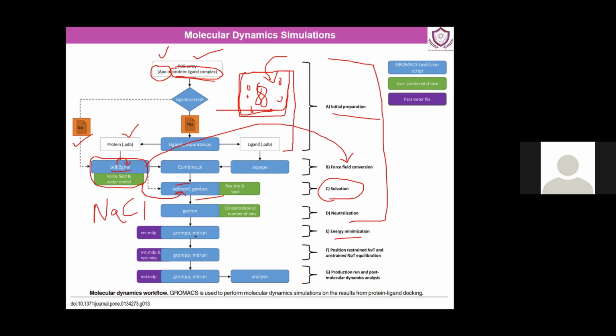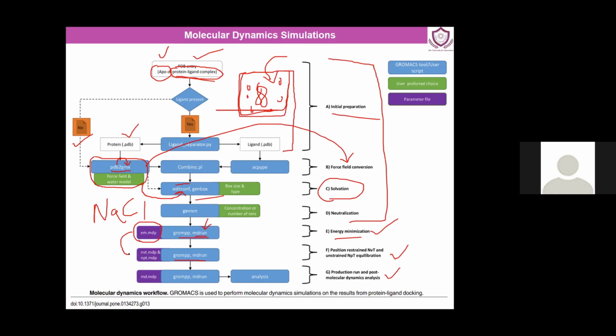So for this there is a command called mdrun. Now for all these three, the first one is energy minimization, the second one is the equilibration, that is temperature and pressure equilibration, and the third one is the production run. For all of these three, we have two common commands, which are grompp and mdrun. So grompp is a GROMACS preprocessor command wherein we load the system with the kind of parameters which we want. So we load these parameters into it and then we prepare the files and then we go for a final run by the command called mdrun.